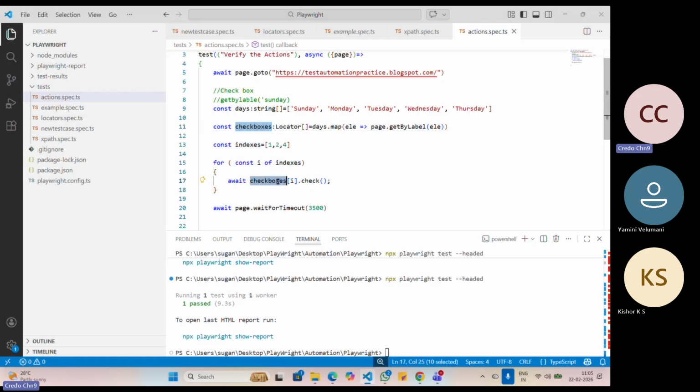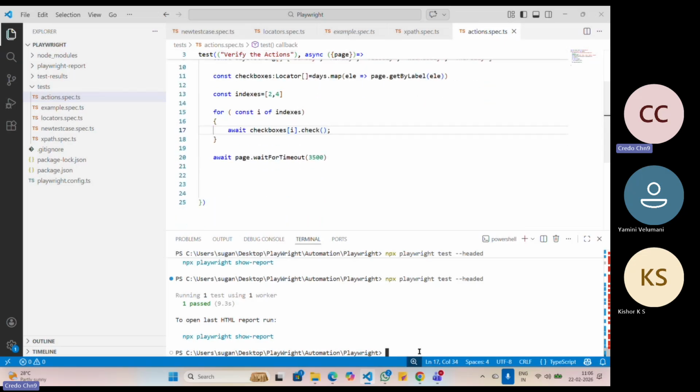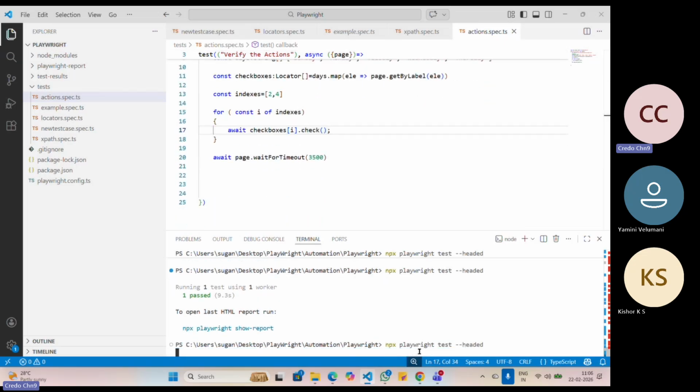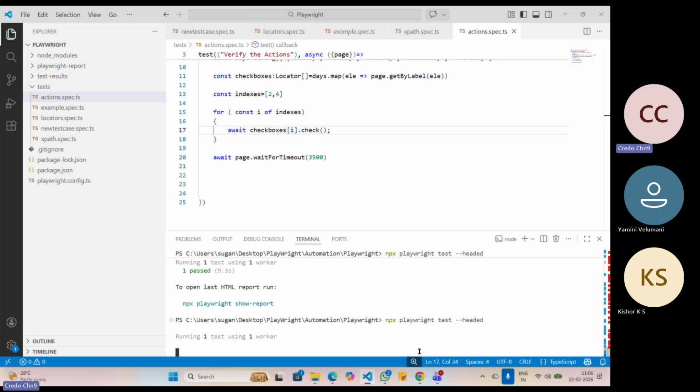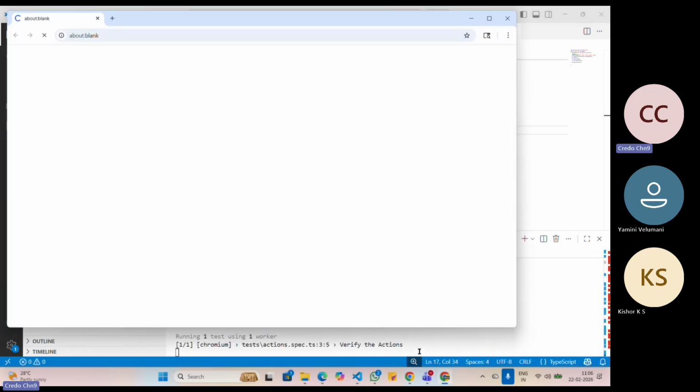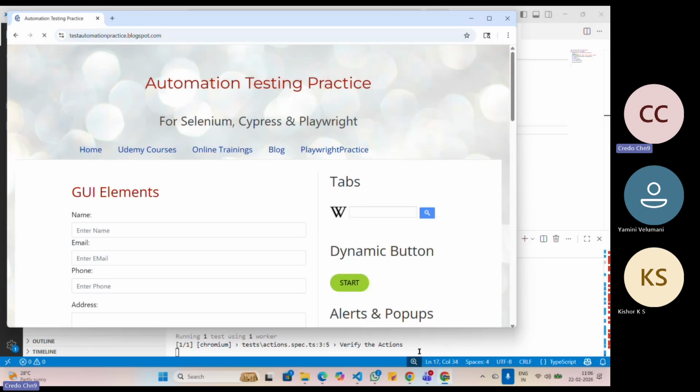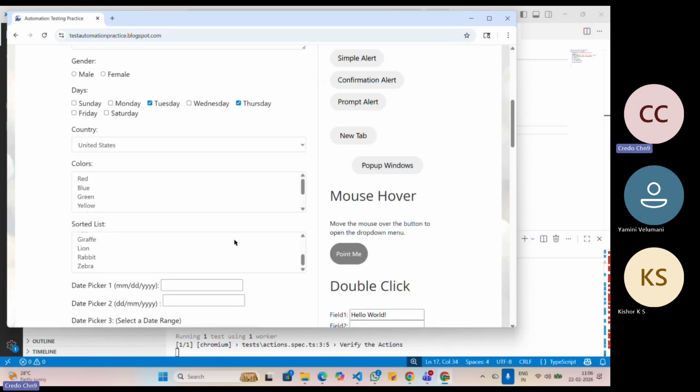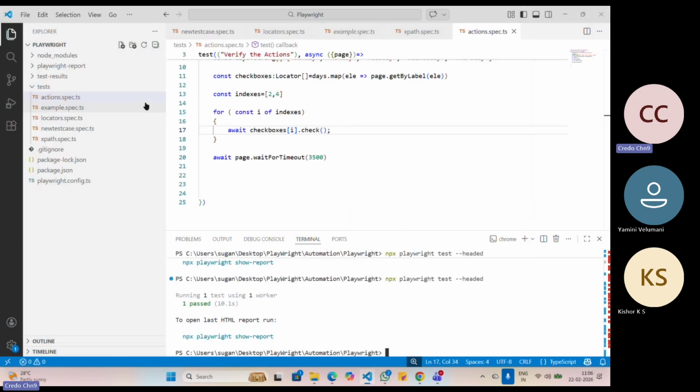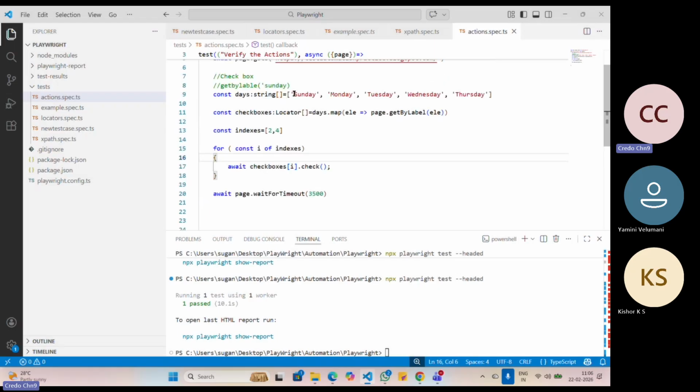So this is the array. The array is going to select only 1, 2, and 4. So 1 means this one, I guess. 1, 2, 4 is not there, so we'll just seek 2 and 4 alone. Okay, we'll see what it is going to check. 0, 1, 2, and 4. 2 and 4. So we can directly get the element by using values or by label, or we